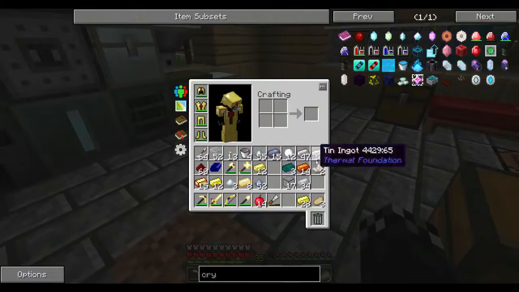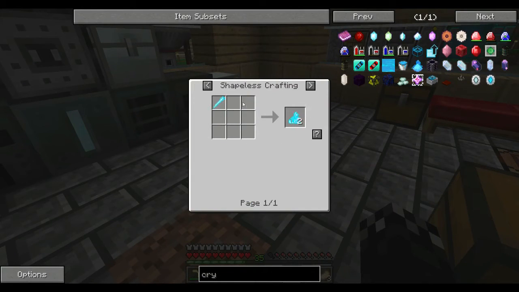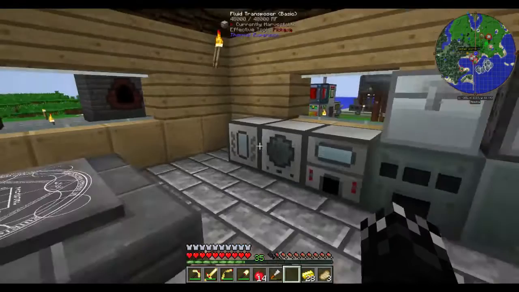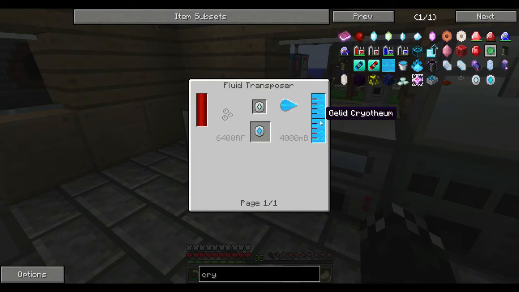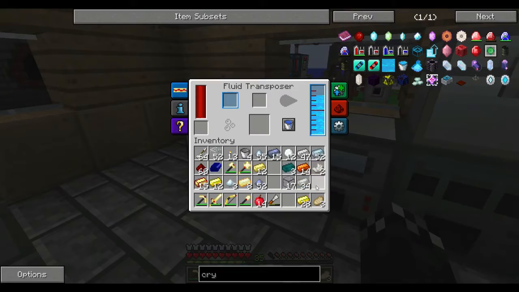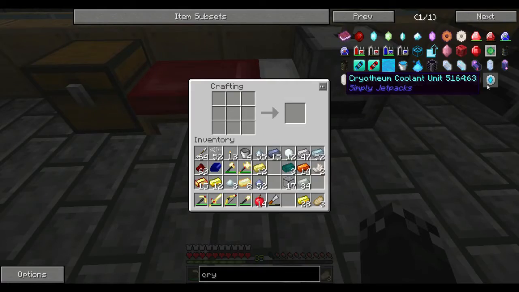So I just threw a few stacks of sandstone through, got the niter that I required, and the blizz powder can actually be made by infusing snowballs with redstone. So I've made all of that. I have melted down the cryothium that I require. So I've got 8 buckets of it here, which we require 4 per. And I just need the tin. I've got the electrum. Do I have tin on me? Yes, I do. Excellent. We should be able to go